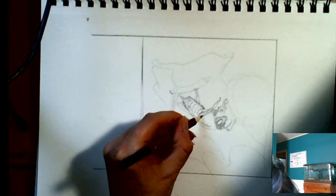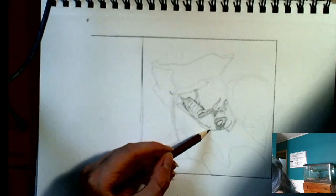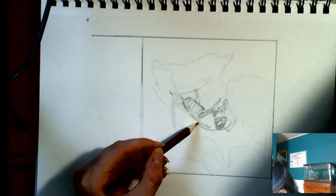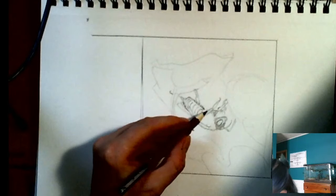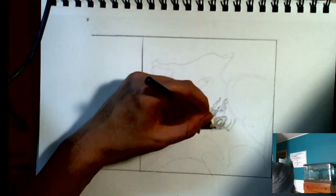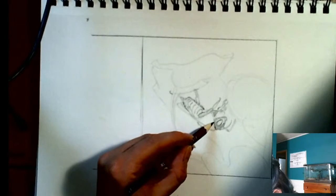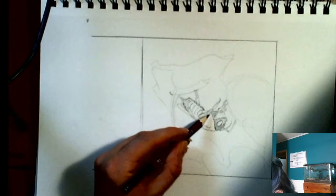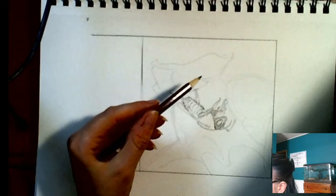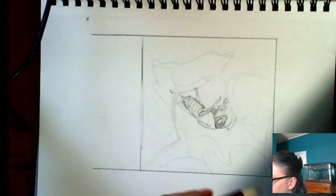Oh man, I love a fuzzy bee. Now, ideally, his little back fuzzies right here, I think I would make with an eraser. And then I'd darken the surrounding area and then make with the eraser. But I really want to just add them in right here in case we don't get to the background with this whole thing. Alright, so now I'm gonna start paying attention to my values, where I've got shadows and highlights,